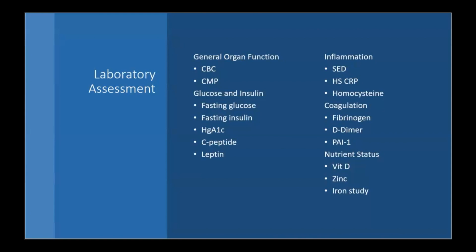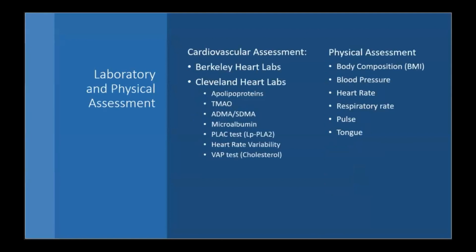Glucose and insulin, organ function, CBC, comprehensive metabolic panel, coagulation, nutrient status, inflammation. We've got cardiovascular assessment, right? The Berkeley Heart Labs test and the Cleveland Heart Labs test. I like all those underneath the Cleveland Heart Labs: the apolipoproteins, big B, big A, little a, APO E4, APO E1, 2, 3, TMAO, trimethylamine oxide, ADMA, this is asymmetric and symmetric dimethylarginine,